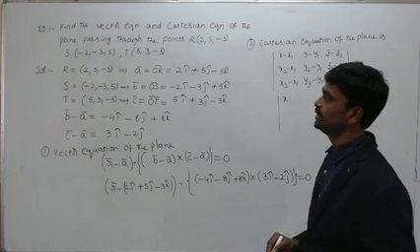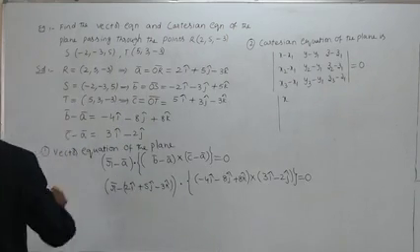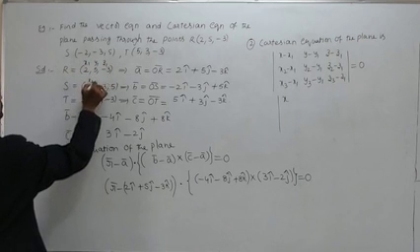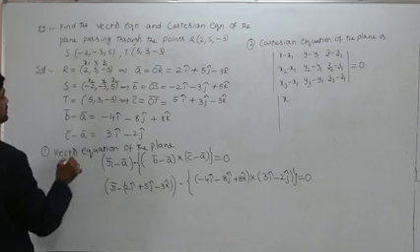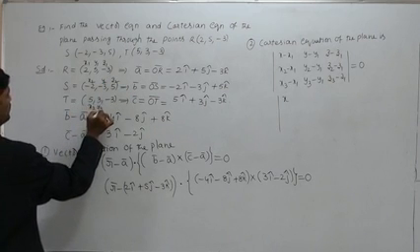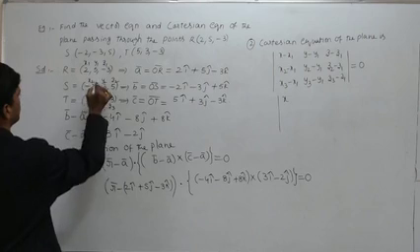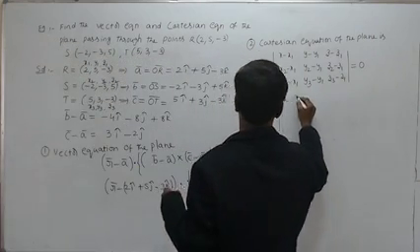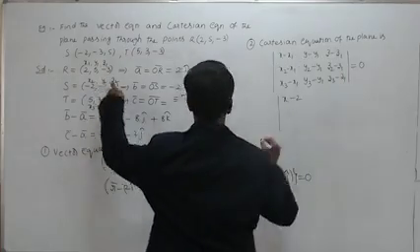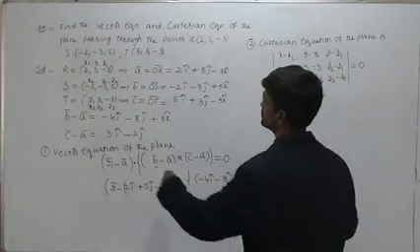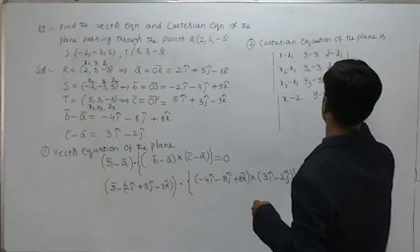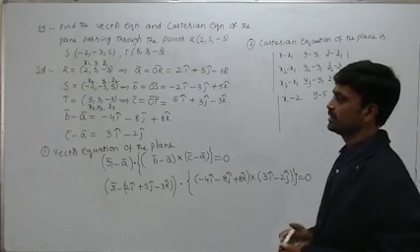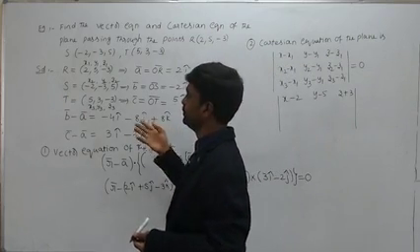What is x1 here? We have to take the coordinates of R as x1, y1, z1. Similarly for S, x2, y2, z2. Coordinates of T are x3, y3, z3. So now x minus x1 means x minus 2. Y minus y1 means y minus 5. Z minus z1 means z minus of minus 3, z plus 3. Then x2 minus x1, y2 minus y1, z2 minus z1 are nothing but components of b minus a only. If you do it also, you will get the same.